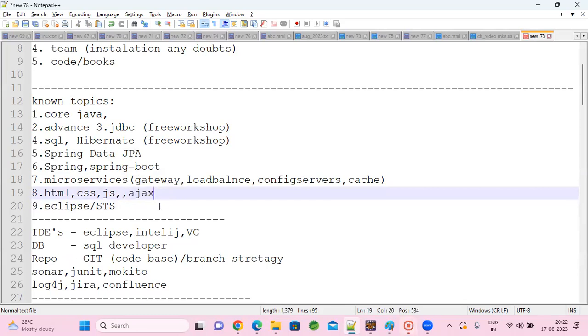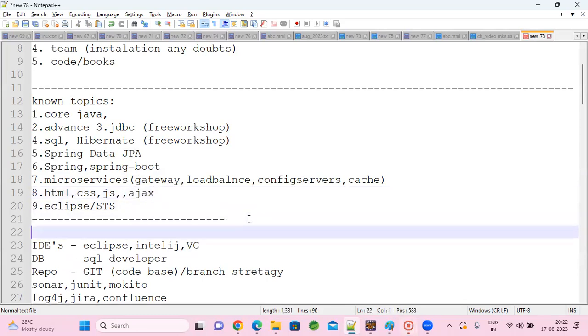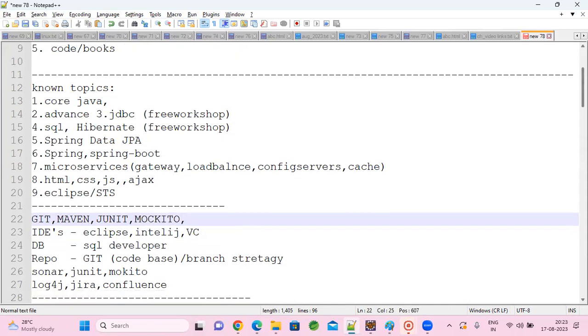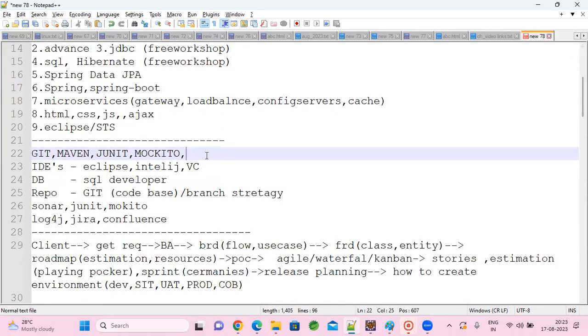And as part of this session, we will be covering the JUnit framework, Mockito, and Log4j, how we will implement logs in microservice applications.